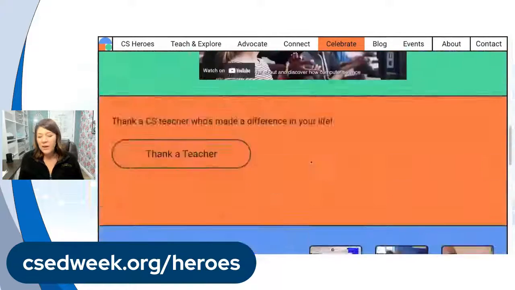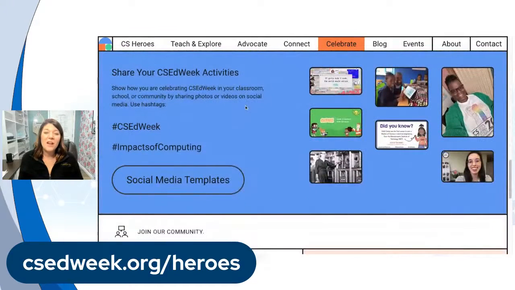There are even more activities, and there's a social media hashtag. If you are on Twitter or X, you can share what you're working on in social media, or even just share one of the templates that they have to bring awareness to CS Ed Week, so that hopefully more people just like yourself will start to see that CS education is important, and it's something that students can get started with in K-12. So check out those resources as well.